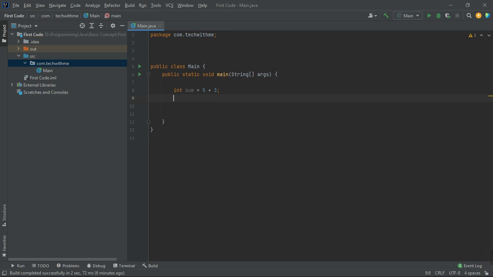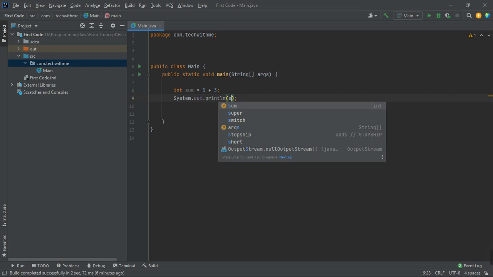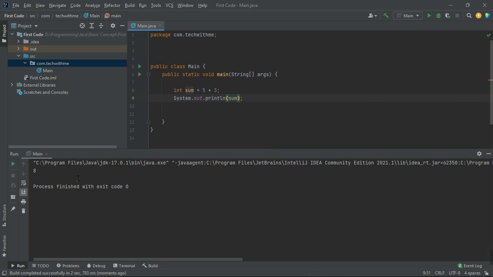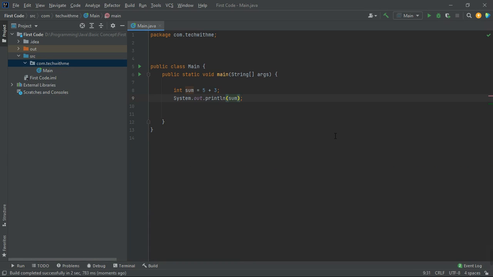So now let's print out our sum and see. So System.out.print sum. Let's run our program. So it adds 3 to 5 and it gives us an output of 8. This is simply for summation. Now in other ways,